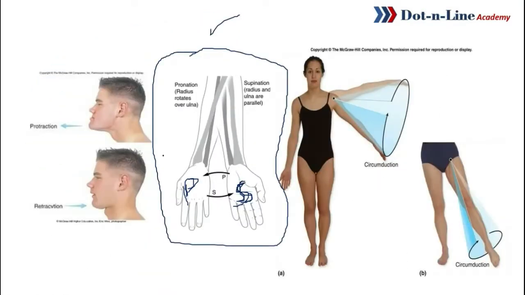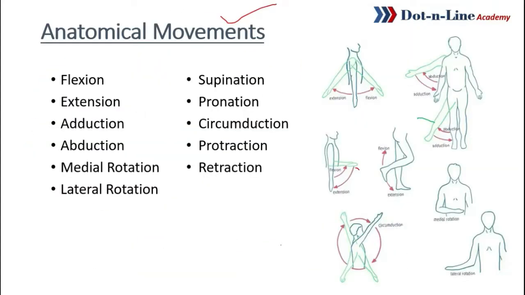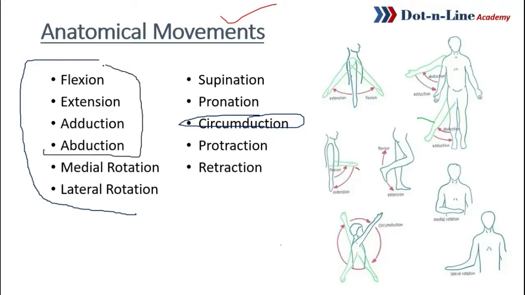So, supination, pronation. The forearm of the upper limb is the classic example of supination and pronation. Okay, now circumduction. Circumduction is when all these movements are done together. Doing all these movements together is circumduction, or simpler,